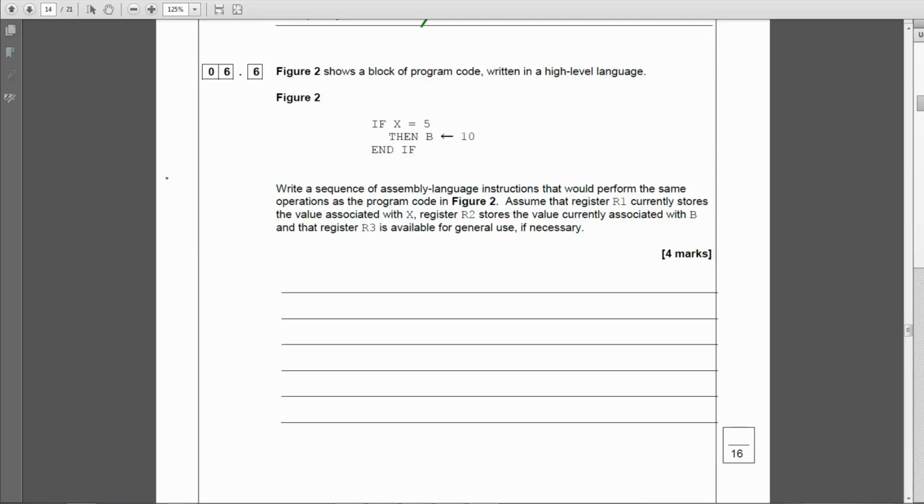Right, assume the register R1 currently stores the value associated with X, register R2 stores the value currently associated with B, and that R3 is available if needed. Right. Okay,